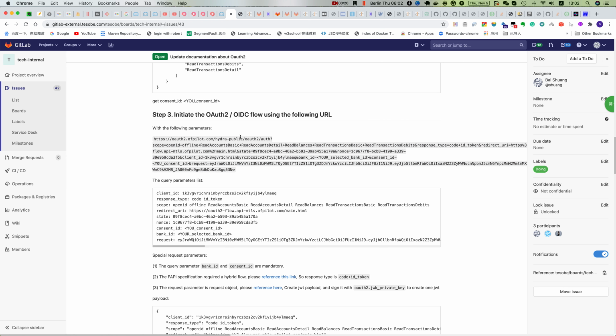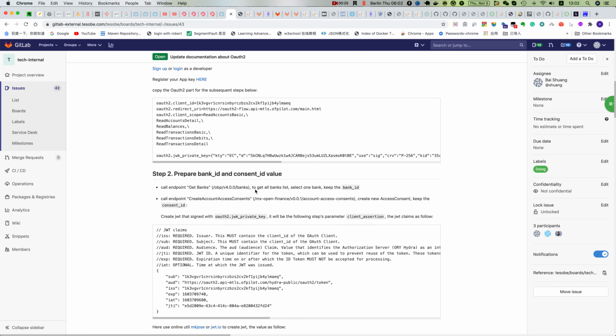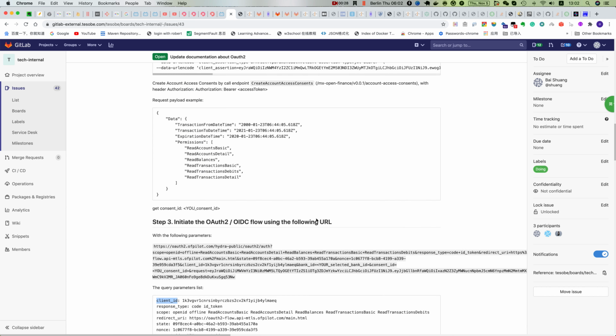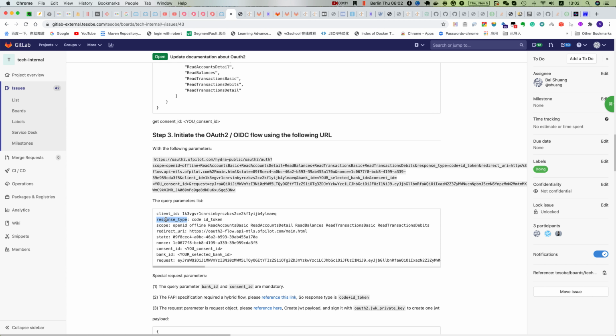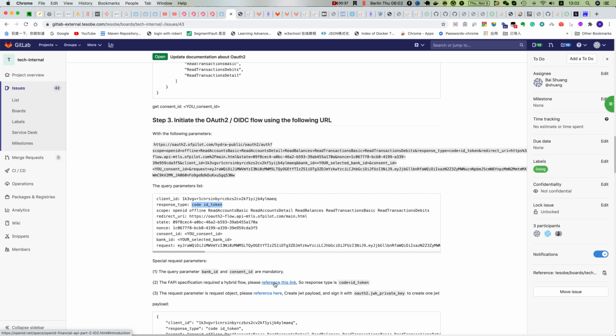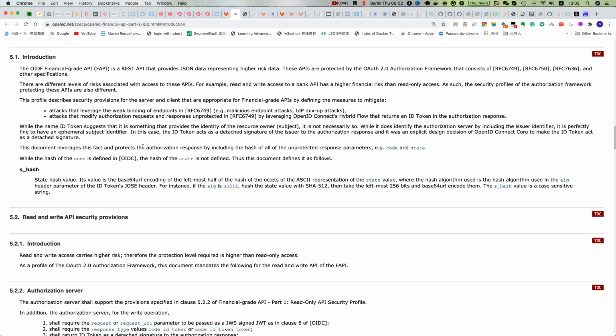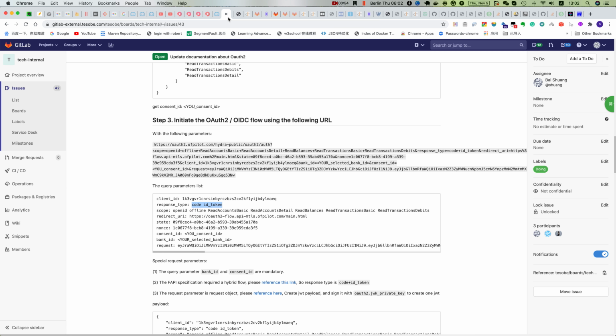All the parameters are listed as follows. The client ID is the client ID we created at the first step. And the response type should be code plus ID token. Here we can reference the FAPI specification. We need the hybrid flow and to return an ID token. So the response type should be this one. And the scope,